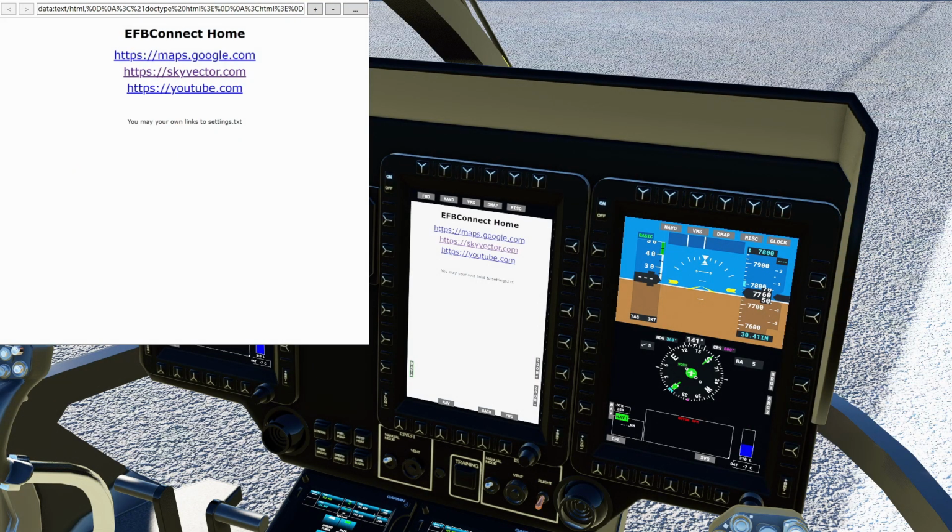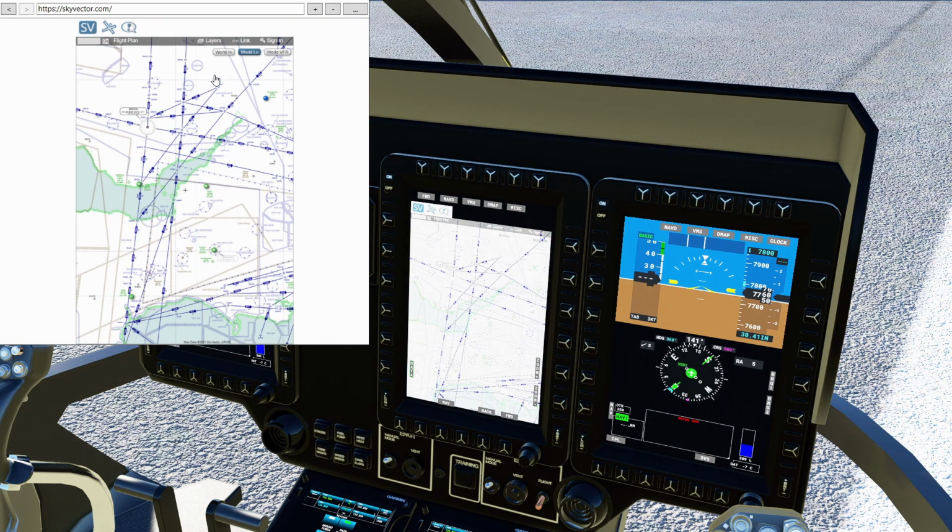Okay, so here we are. You just open the EFBconnect app and you get this screen. So you have three links: Google Maps, SkyVector and YouTube. What this EFB does is basically a web browser for your helicopter. You can use whatever you want, but right now I'm going to click on SkyVector, and as you can see, it's going to load the map